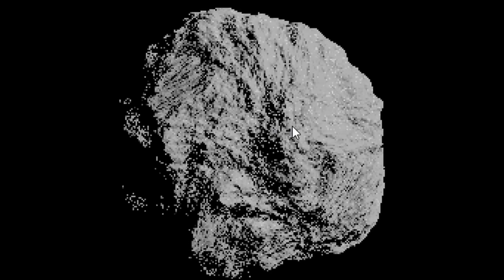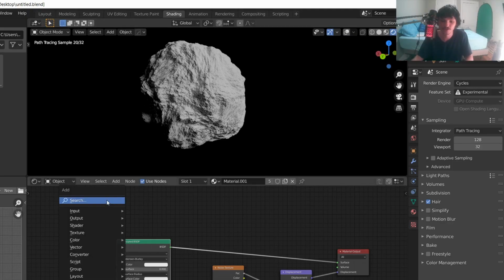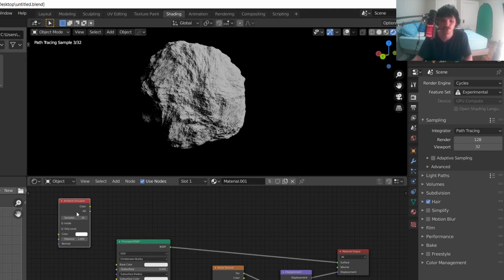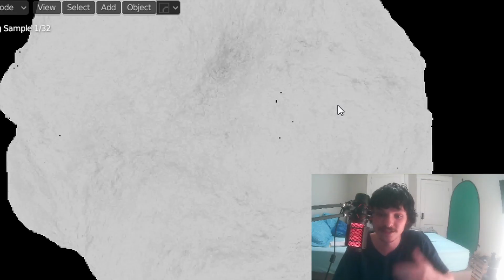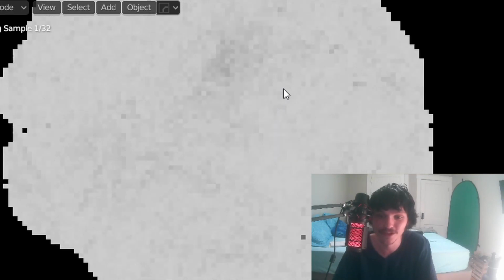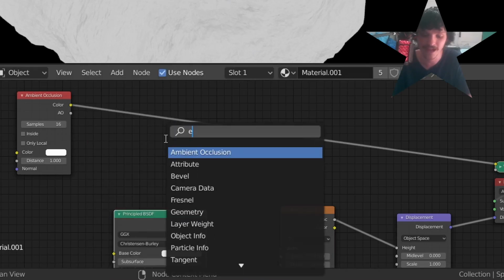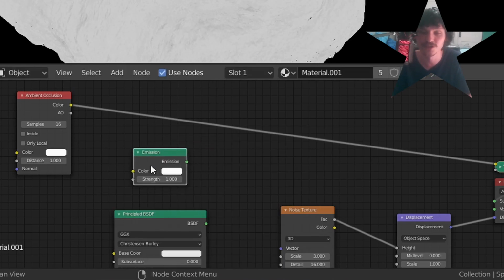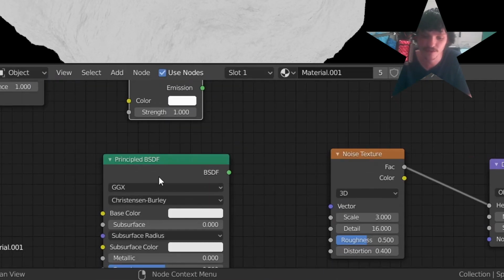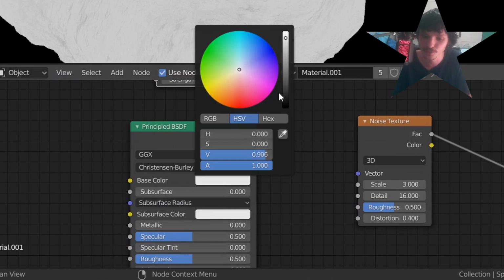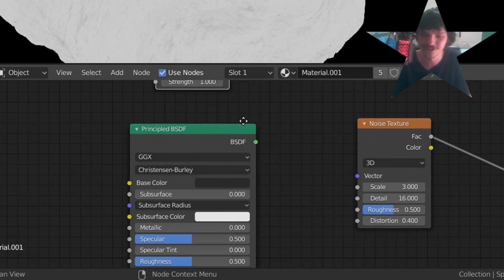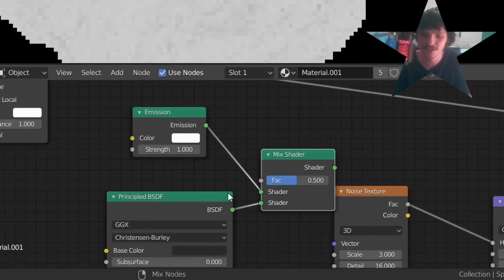Our surface is now very deformed, and that means we can use the ambient occlusion node in Cycles. Let's just drop that in there, and you can see where there is self-shadowing in our mesh now. Very useful. We can now take the BSDF, move it over, and add an emission material. This is where it's going to be lava, and this is where we're going to have rock. So let's make the rock super dark, like some kind of volcanic rock, and then we just mix these together